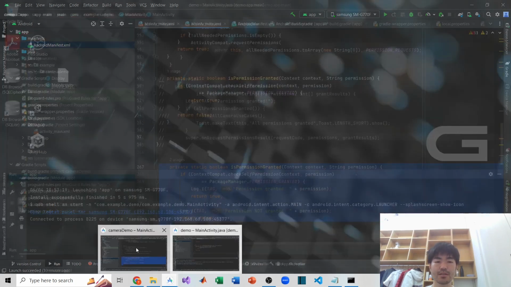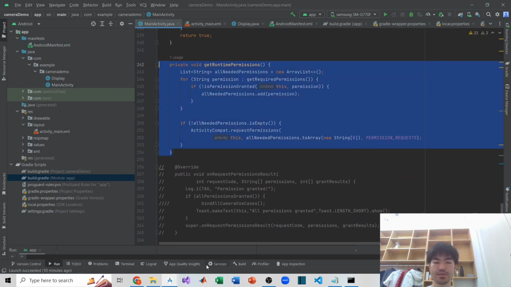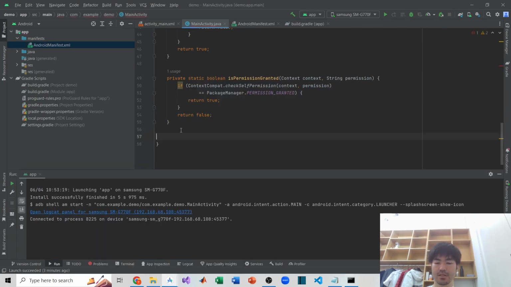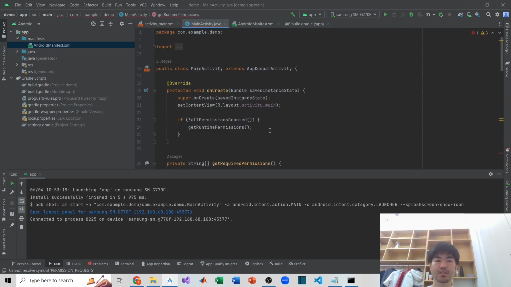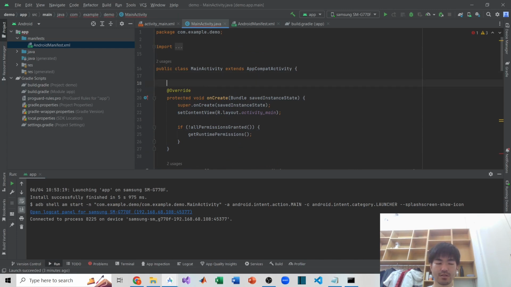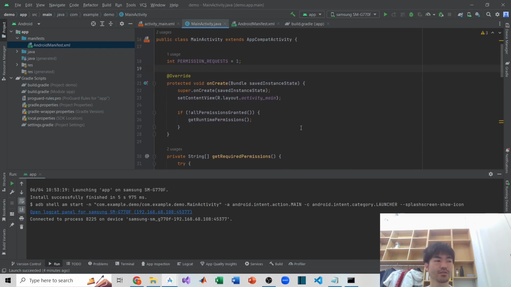Then I have to copy this get runtime permissions function, and you will paste it anywhere under the onCreate. So permission request right here. This is a constant, so you can just create the variable right here. You can do int this, and you can place a 1 for example, and that should be fine. And let's actually run this application and see if the pop-up